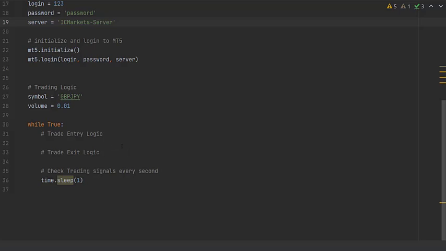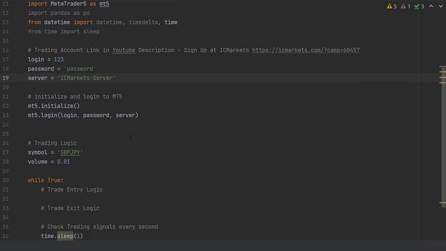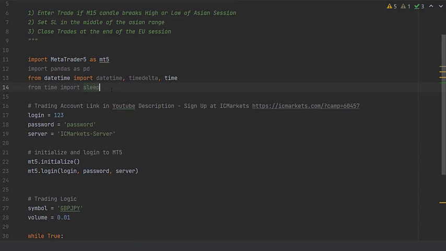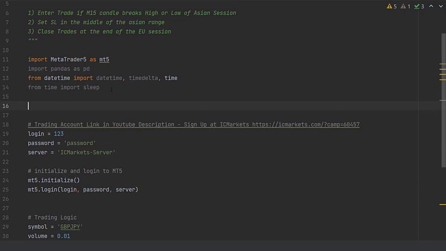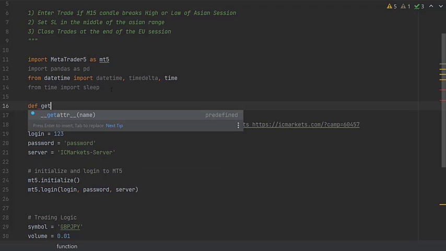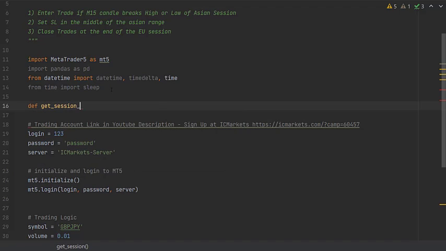So the first condition to enter into a trade is to check if there is a breakout of the session high and session low. So first, what we'll have to do is to write the function that will return the high and low of the current Asian session. So we can go up here and write def get_session_high_low,